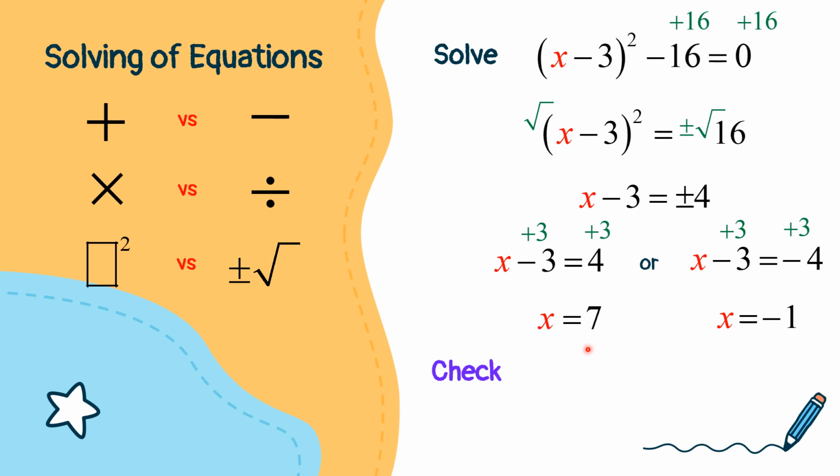In order to check, we can substitute the value of x equals 7 back into the original equation, like this. 7 minus 3 squared minus 16, when we calculate, we will know that it will be equal to 0. And since the left hand side is equal to the right hand side, we know that the value of 7 is the correct solution. Same thing for -1, when we substitute it back into the x value of the original equation, the left hand side will give us 0, and from the original equation, the right hand side is 0 as well. So we know that -1 is the correct solution,